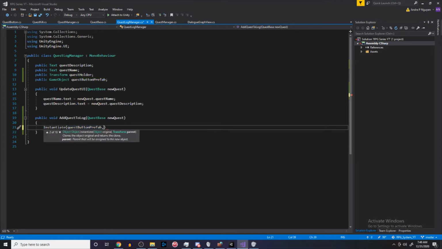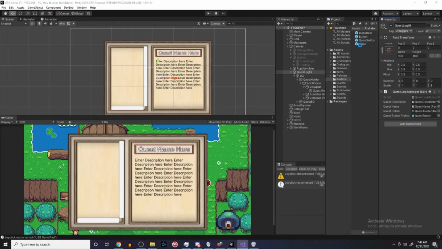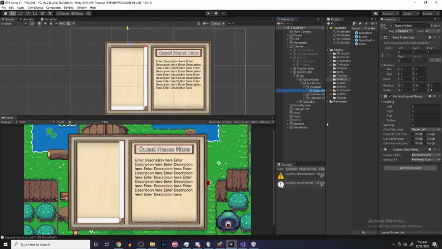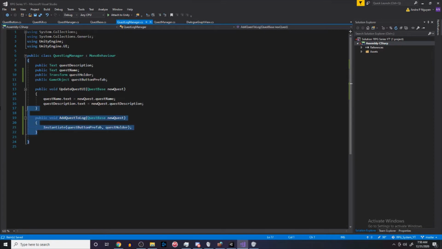I'm pretty sure that it'll allow us to put the transform parent. Yep, there it is. So we have the original prefab, and then the second parameter is the parent, and the parent is going to be the quest holder. So what this will do is just instantiate this quest button prefab and then add it underneath this quest holder. So now that we have that, we need to actually call these methods,